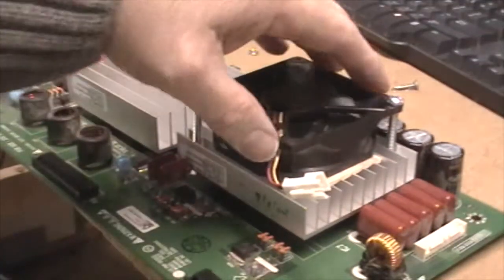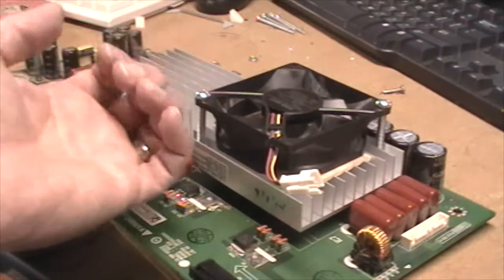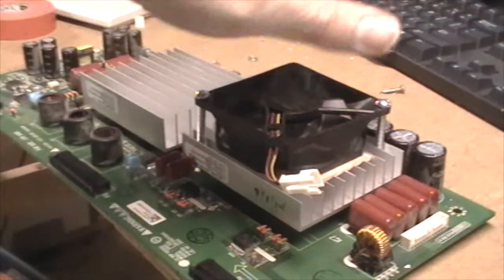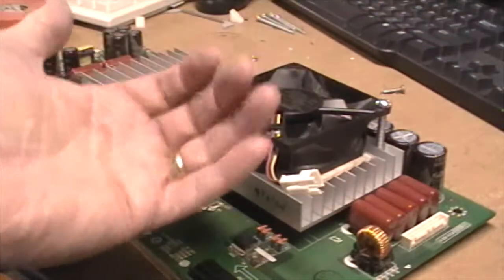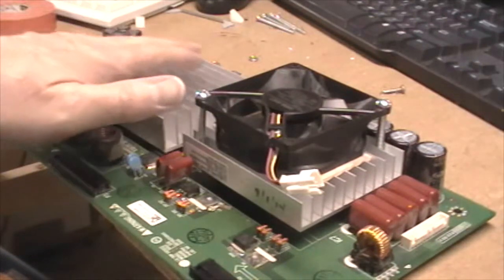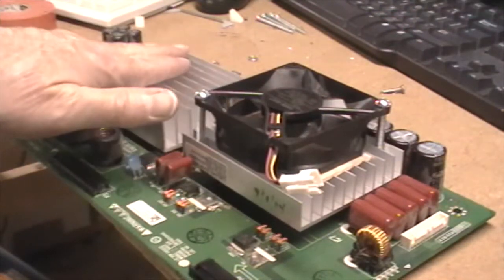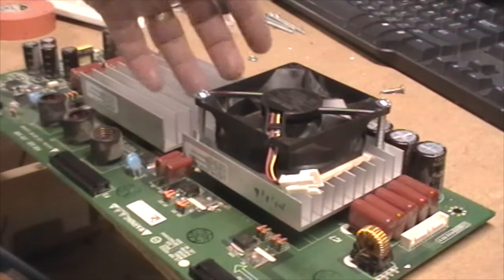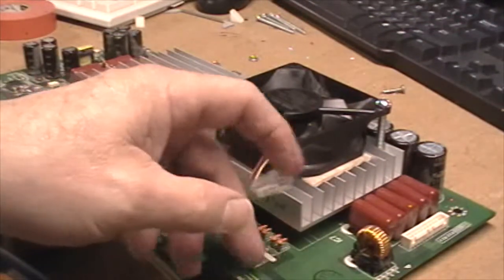And then what I did is I added this fan to the heat sink. I found this was actually a fan that came out of an old set that I pulled it out of, and I set it up so that the fan is blowing up, and right behind this, after the back cover's mounted, are the vent holes, so it's going to blow the air out of the set. I don't think you want to pull the air in. I think you want to pull the air out, because there'll be a natural flow from gravity going up. Since this is the bottom, it should go up through this heatsink and then out through the fan. So this is a 12 volt fan,